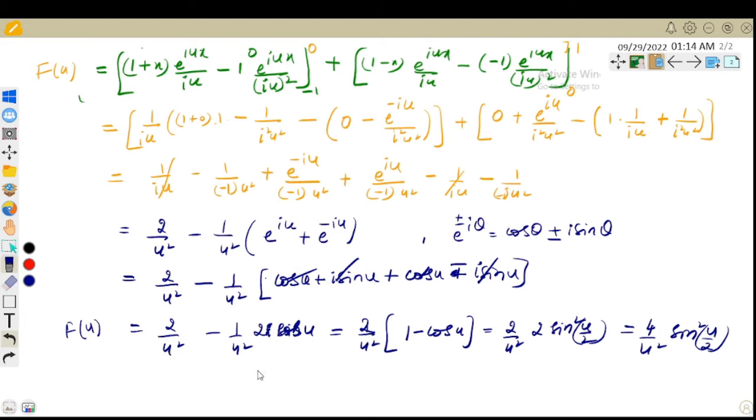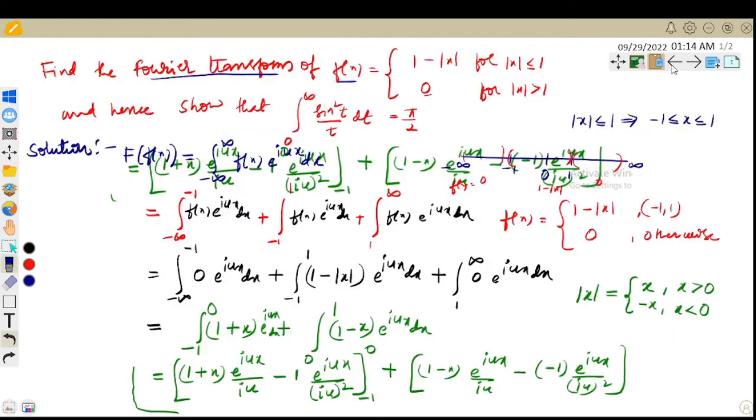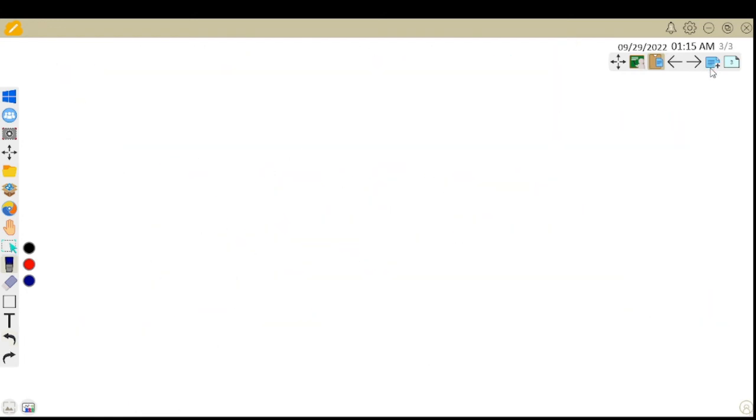Now let me go for finding the value of the integral from 0 to infinity sin square t by t square dt, whose value is equal to pi by 2. You need to show this here. For that, as you know already, we are going to use the inverse Fourier transform definition, that is